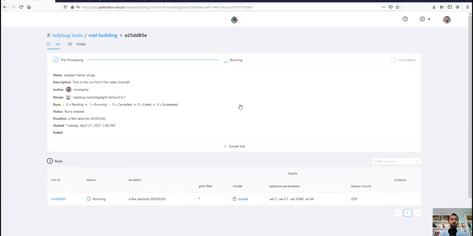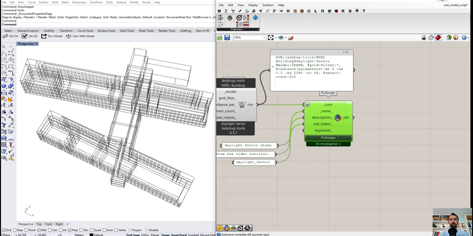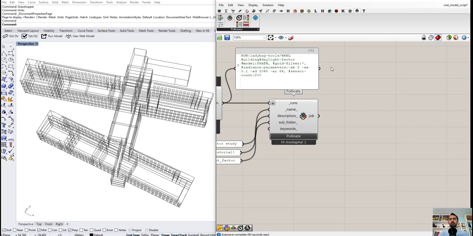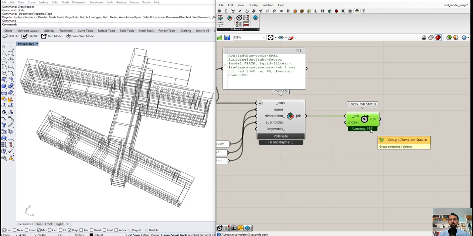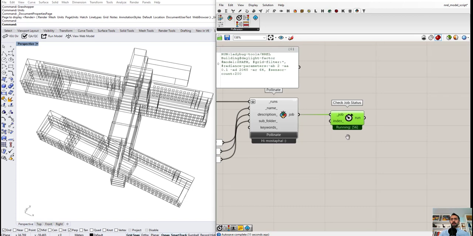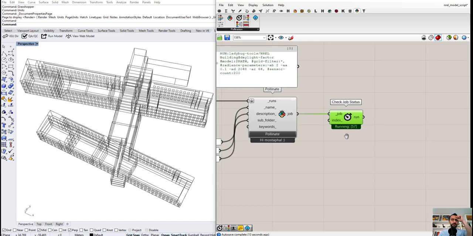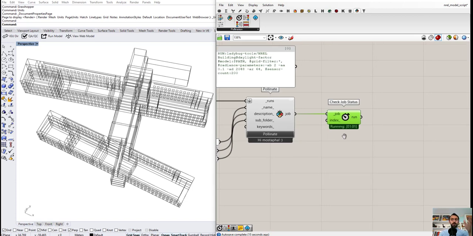But as I said, you don't have to come here really to check. You can stay inside Grasshopper, and there's a component here called check job status that checks the job status. So I can connect it here, and you can see it's running for 48 seconds, 50 seconds. This job should take around 6-7 minutes to run with the input values that we have for daylight factor studies. This gives me a little bit of time to show some stuff here, and then I'll pause the video and